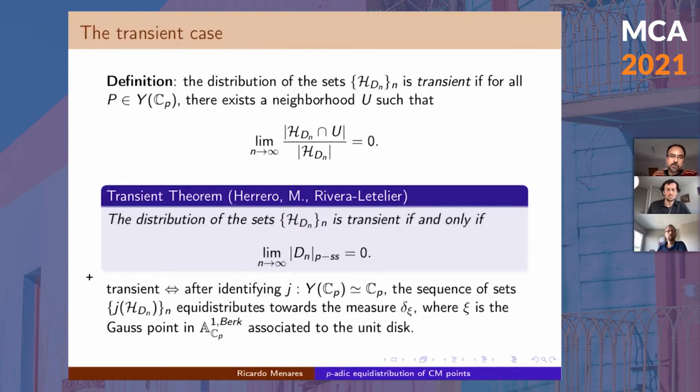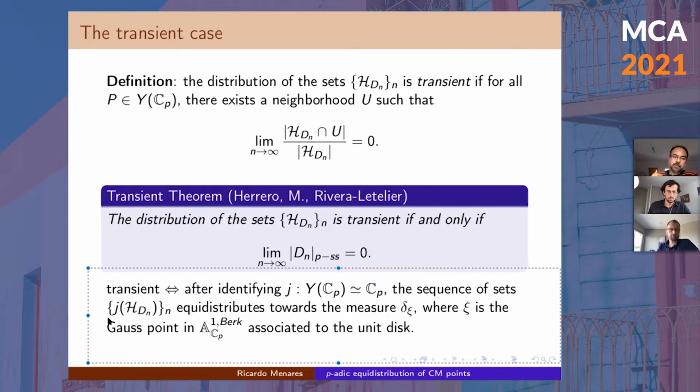Let me do a small comment. The same theorem has another way to phrase this transient behavior, because in this transient behavior, you don't see a limiting measure. It may seem that if there were some limiting measure, it would be the zero measure because there's no accumulation anywhere. But you can put this in the framework of equidistribution using the language of Berkovich spaces. If you identify Y of C_p with C_p using the j-invariant,